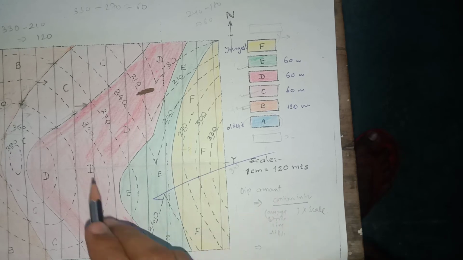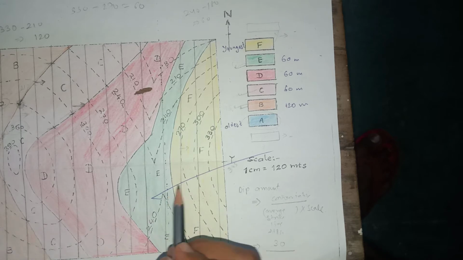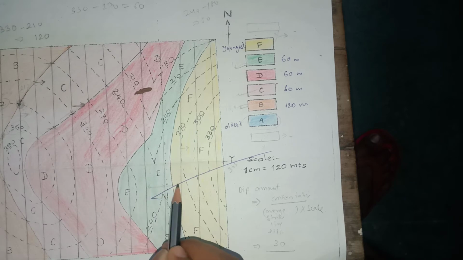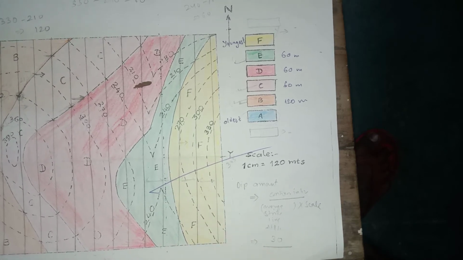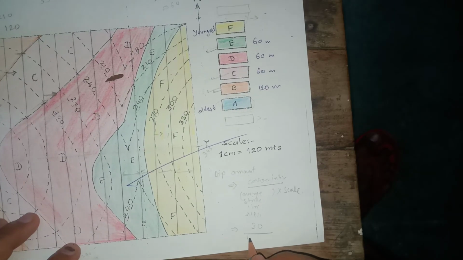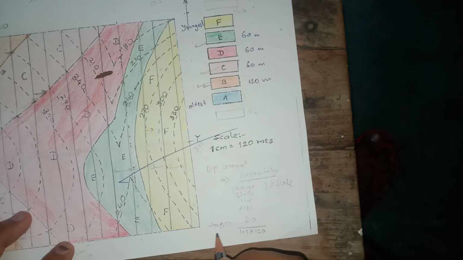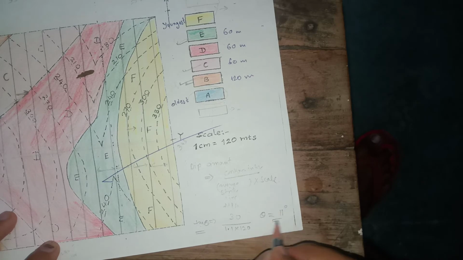So here the contour interval is 30, and we have to take an average of the strike line differences. Suppose we take this, add all the strike lines and divide, like a normal average. Suppose its value is 1.1 and the scale is 180. So after finding the dip amount, theta will be around 11 degrees. Okay,